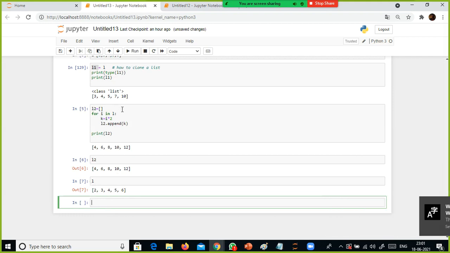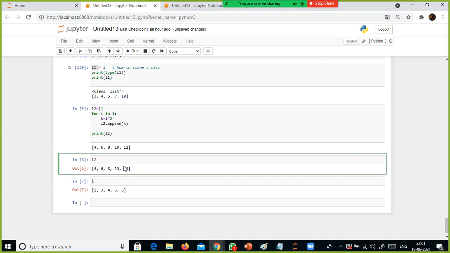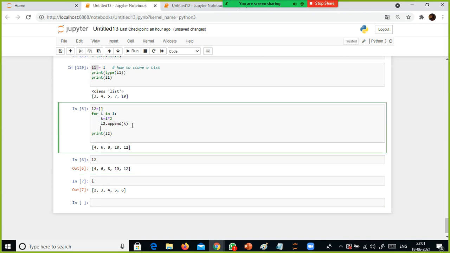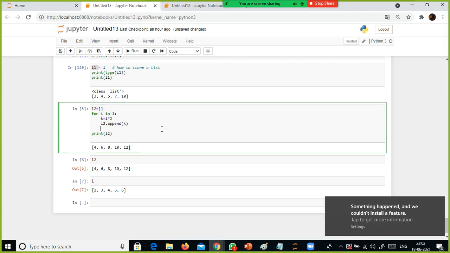So when I iterate and fetch each and every element and multiply each element, and when I store it in the L2 list, the L2 is holding 2 into 2 is 4, 3 into 2 is 6, 4 into 2 is 8, 5 into 2 is 10, 6 into 2 is 12. It did a perfect job. But how many lines of code does it require here? 1, 2, 3, 4 lines of code is required, right? 4 lines of code is required.